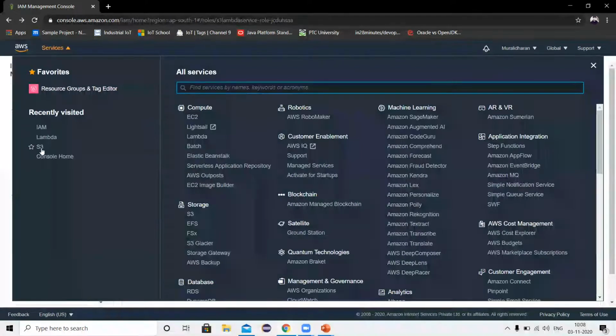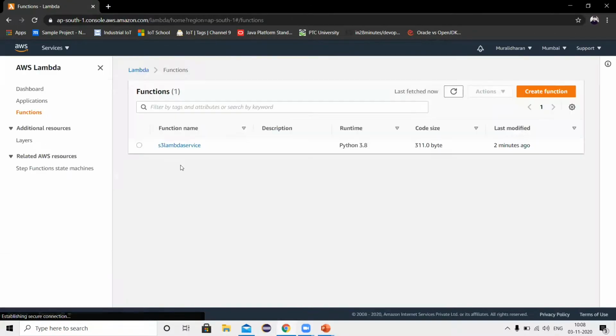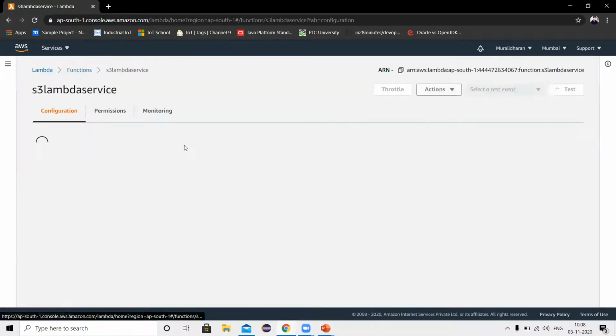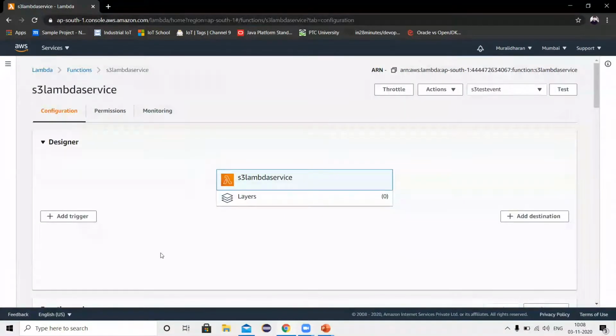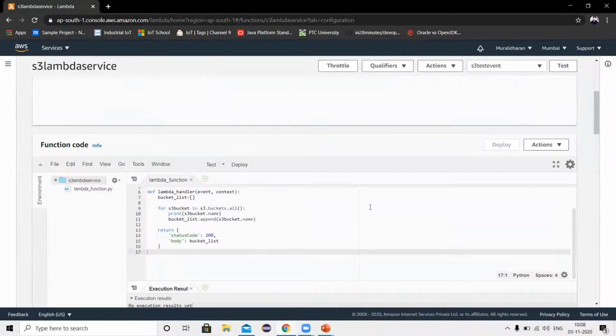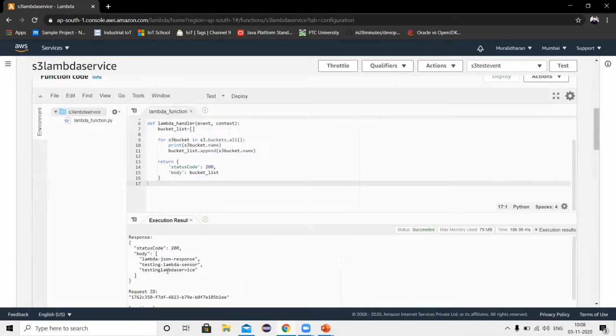So based on our requirement, we can choose that access policy.